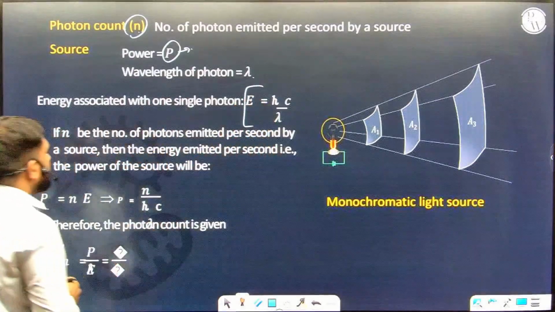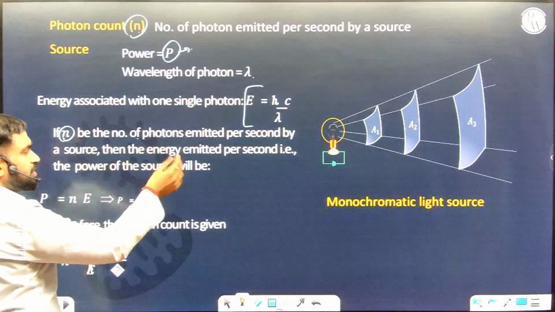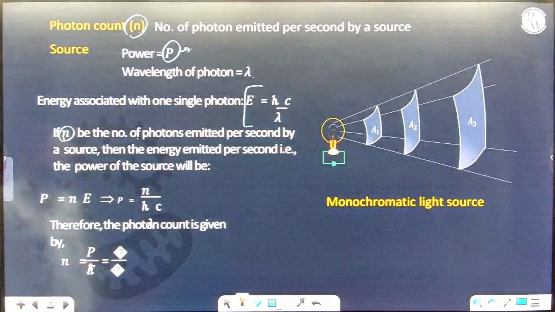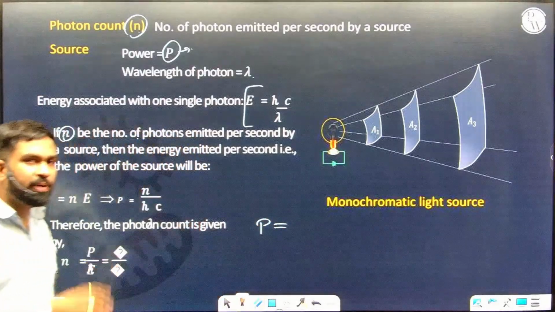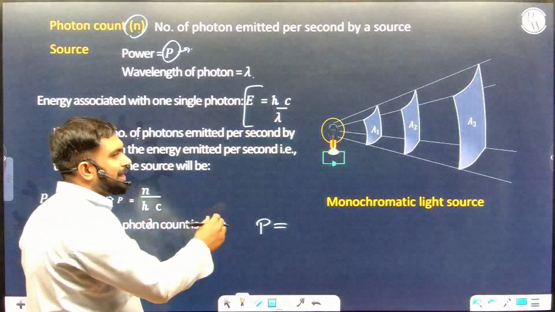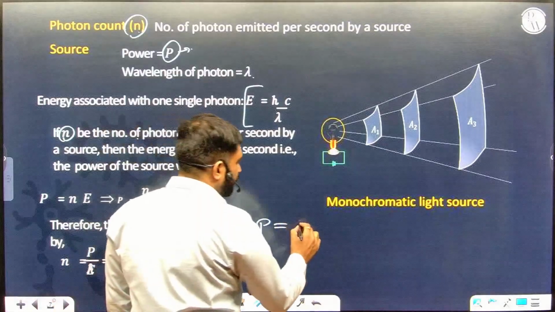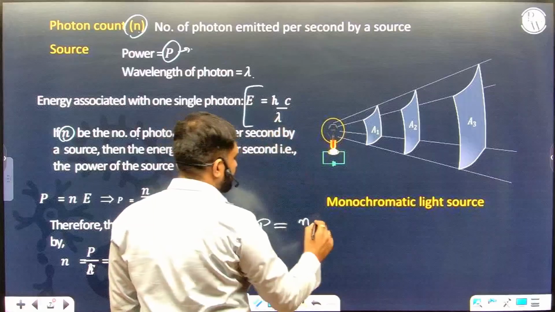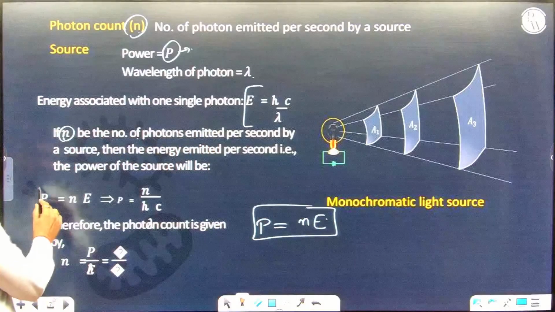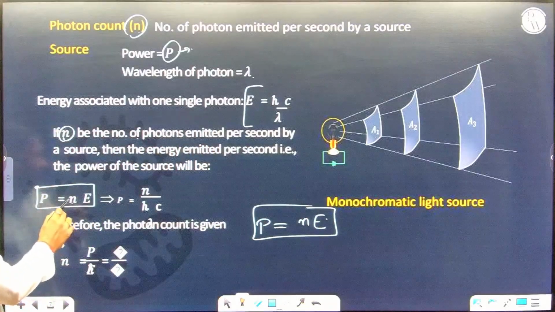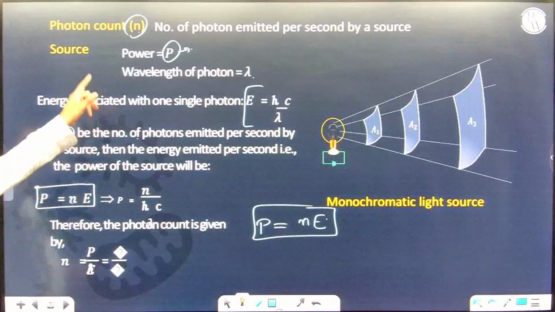We all know this. Now they are saying, if n is the number of photons emitted per second, then how can I get the power? So basically I can write power as total energy falling per unit time, and in the total energy I'll take the total number of photons and their energy falling per unit time. So number of photons per unit time is small n and the energy is E. So this is how I can write the power here. The power should have a per unit time factor, and this small n takes count of that.